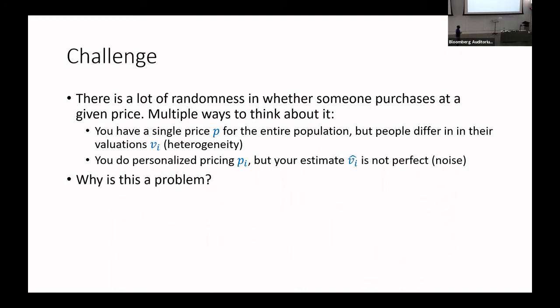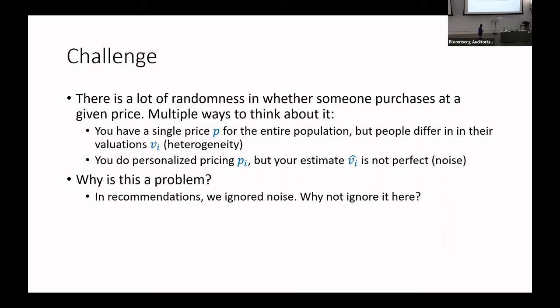Okay, so why is this a problem? I think we've already talked about this. In recommendations, we ignored noise. So we just took the point estimate. We just said, I have some valuation V_i, and then I just sorted by the valuations, and then I just